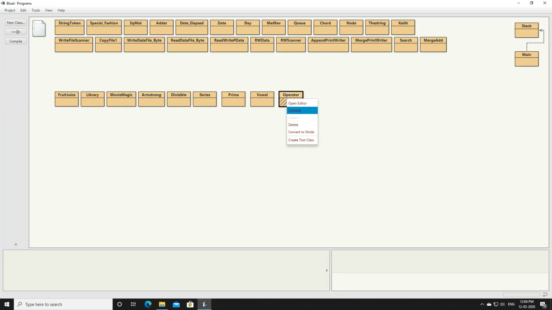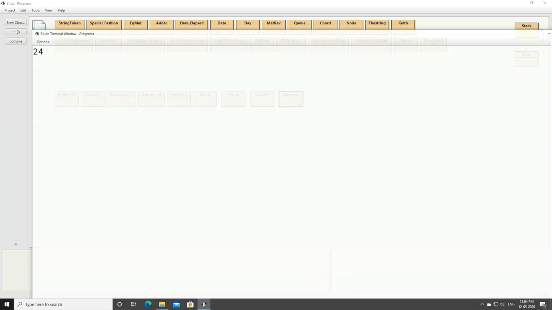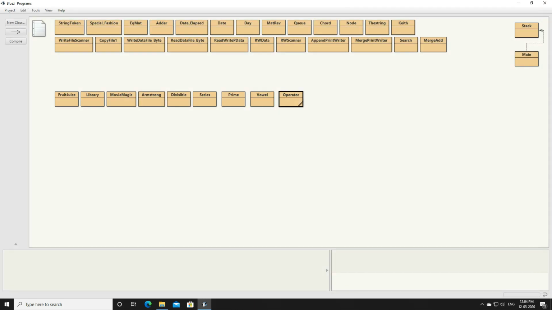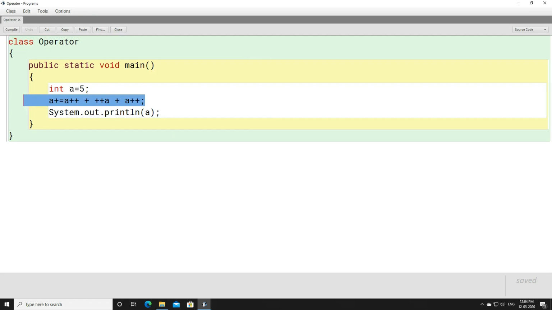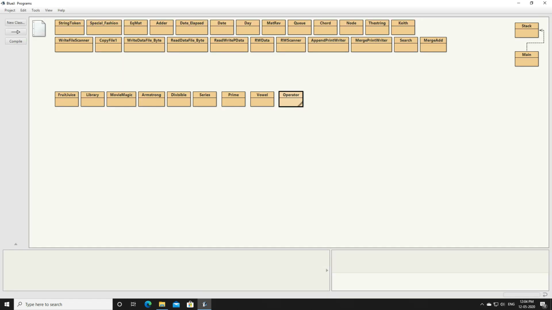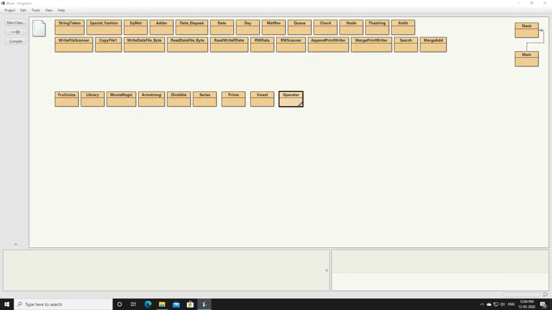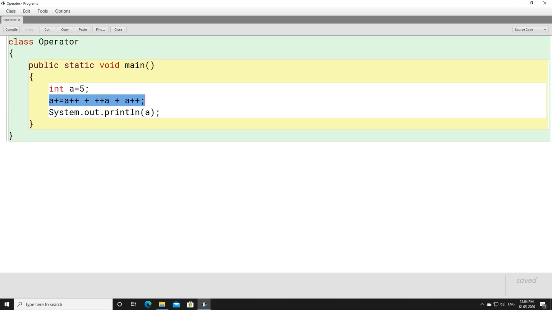Now let's compile this program and execute it. And yes, we are getting 24 as the value. So the process by which we are solving this is quite easy and quite understandable. Let's execute this program. Yes, we are getting 24. So whatever we have done is correct. I hope this part is quite clear to you, how to solve this shorthand notation along with increment and decrement operator.